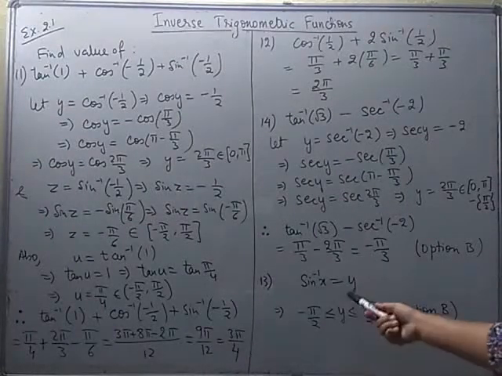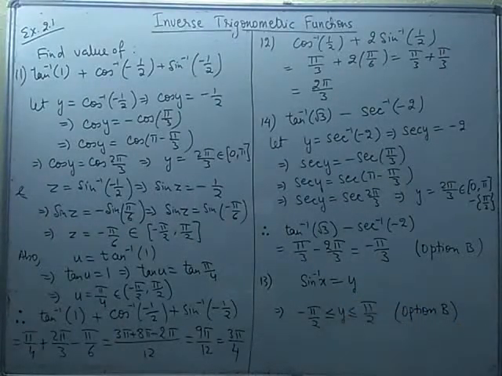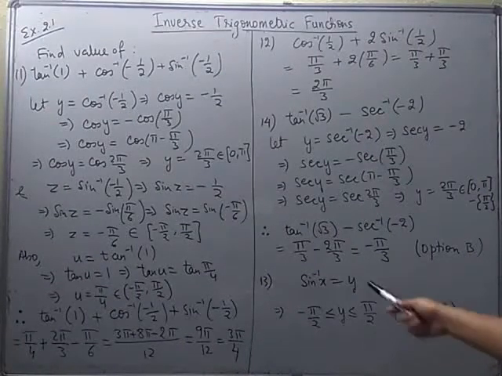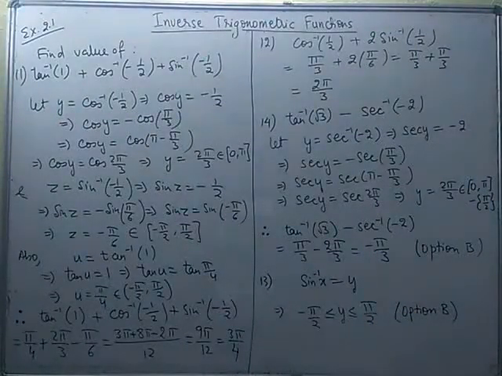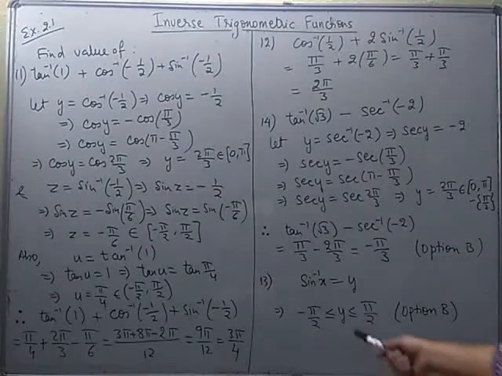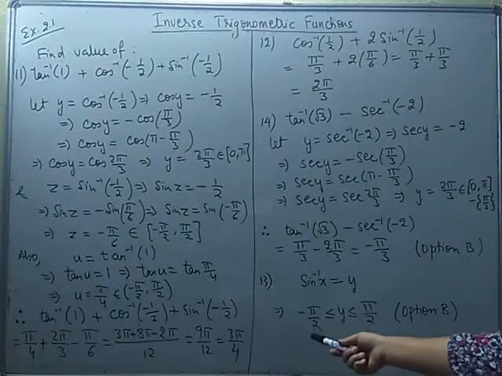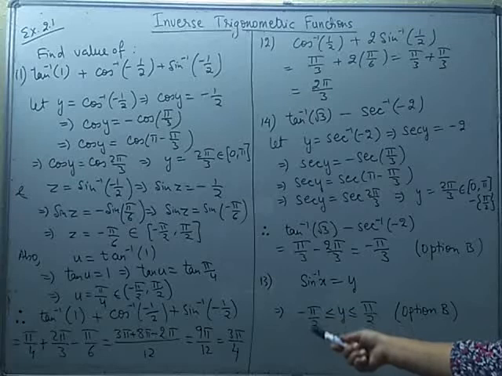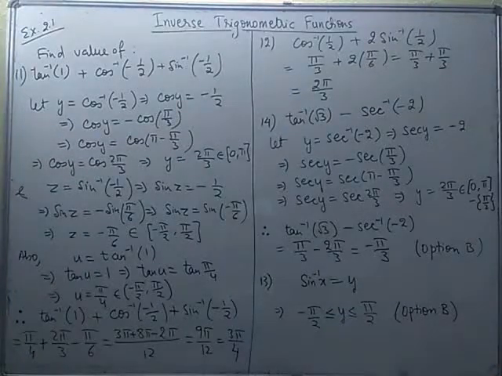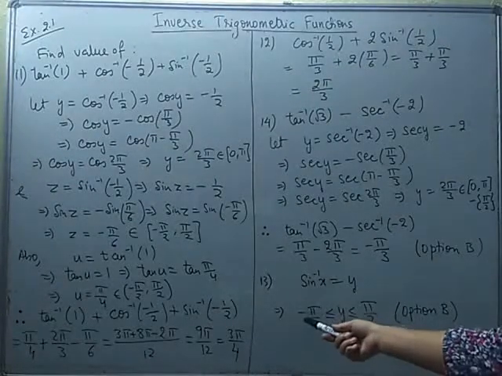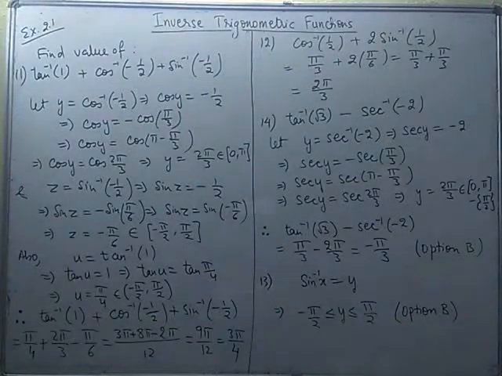Then the 13th one is a direct one. The equation is sec inverse x is equal to y. So you have to tell the possible values for y so that this function is one-one. For that, because we are dealing with only principal value branches, option B, which is from minus pi by 2 to pi by 2, is a closed interval. You can see from minus pi by 2 to pi by 2, y can have the values. So option B is the correct option for it.